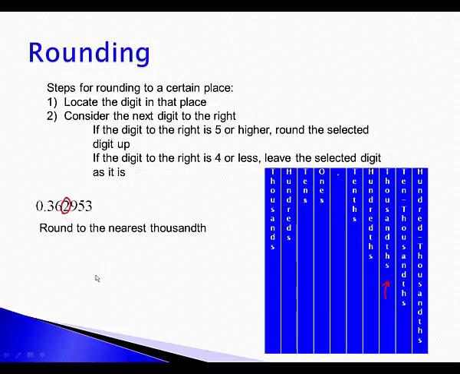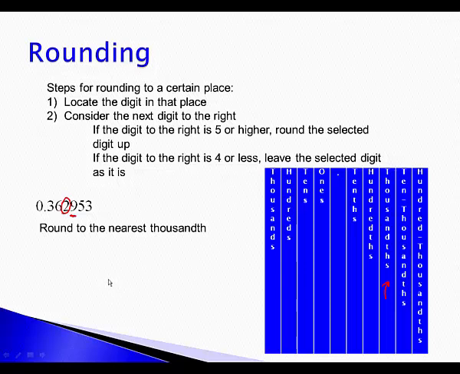So in step 1, when it tells me to locate the digit in that place, it's the 2. Then it tells me to consider the next digit to the right. That's the 9. And it's the 9 that is going to tell me what decision to make. If the digit to the right is 5 or higher, round the selected digit up. If the digit to the right is 4 or less, leave the selected digit